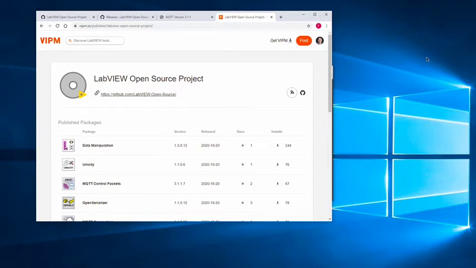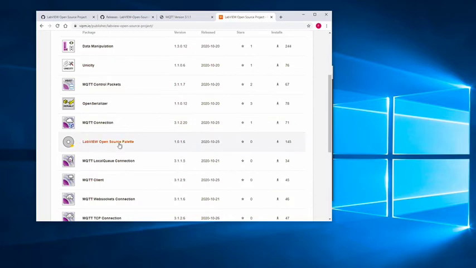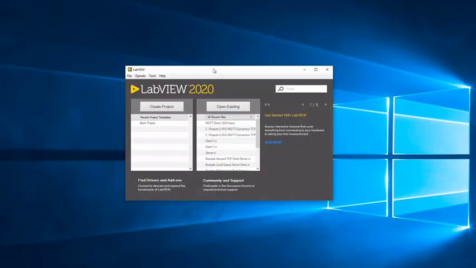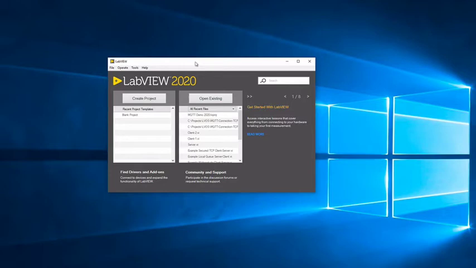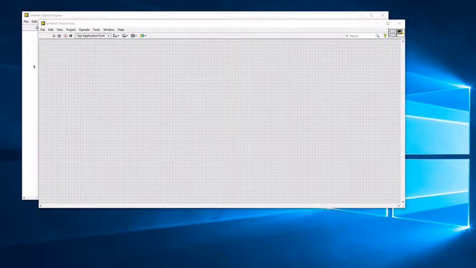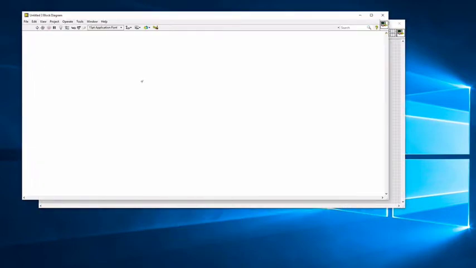Whenever you install a new package from the LabVIEW Open Source Project, you're going to see a palette that's going to show up under add-ons. And so I'm going to just go use LabVIEW 2020. Most of the code is written in LabVIEW 2013. So if you want to collaborate with this project and publish your own code and do your own contribution, LabVIEW 2013 is the version of predilection for keeping it as widely used as possible, so that many people that are not as up to date with the latest versions and